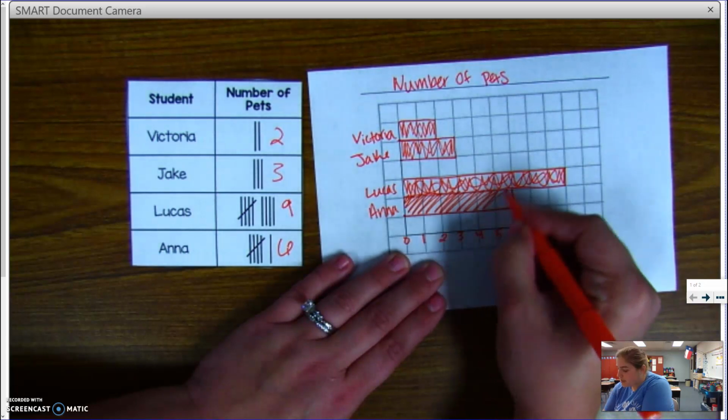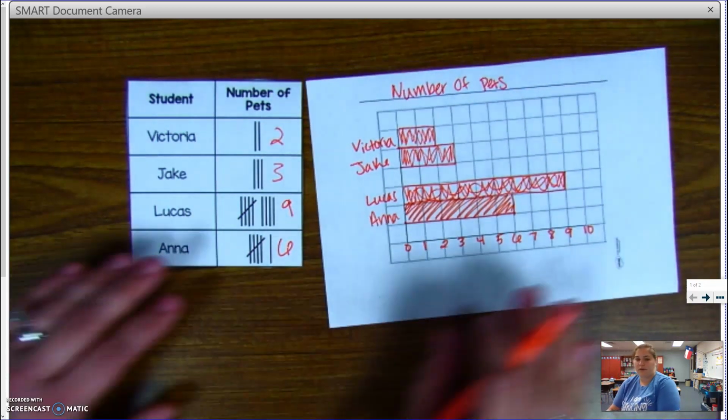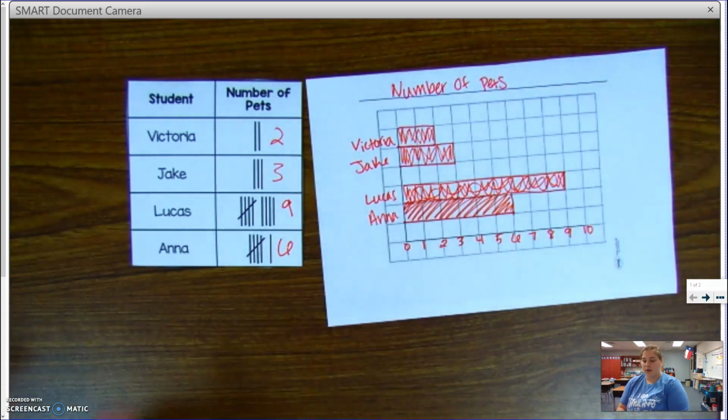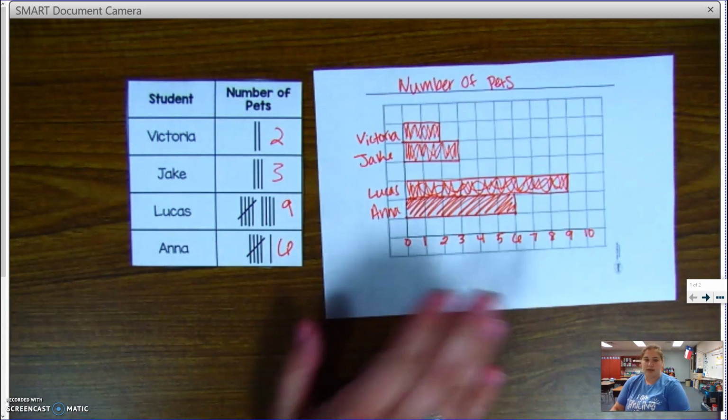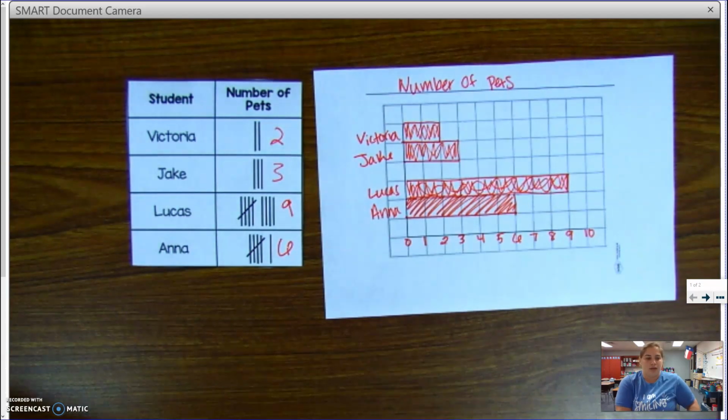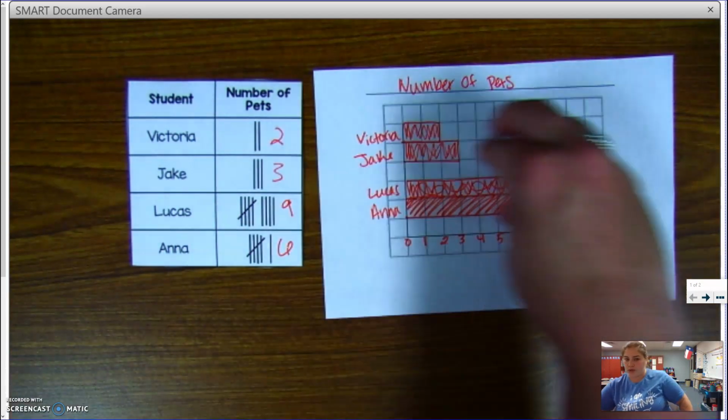So now I have my data nice and represented on my bar graph, and now I can easily look at it and answer questions about it. Remember, this is a horizontal